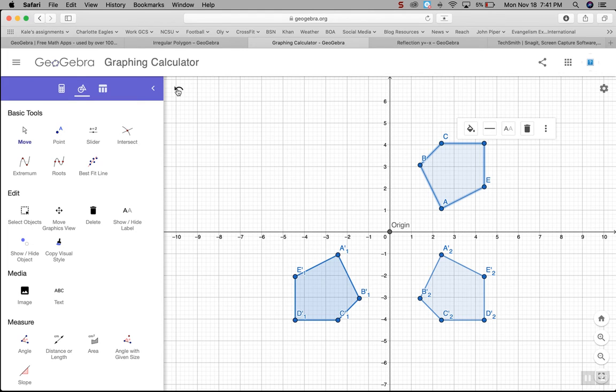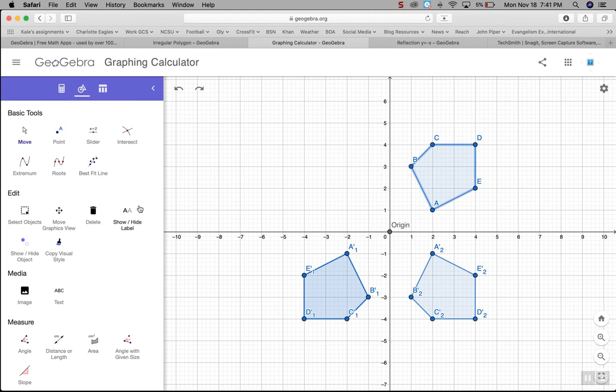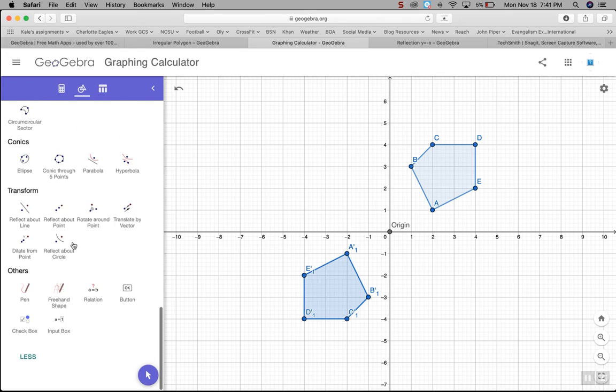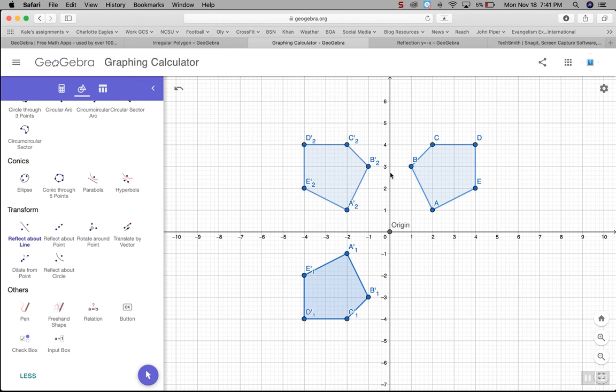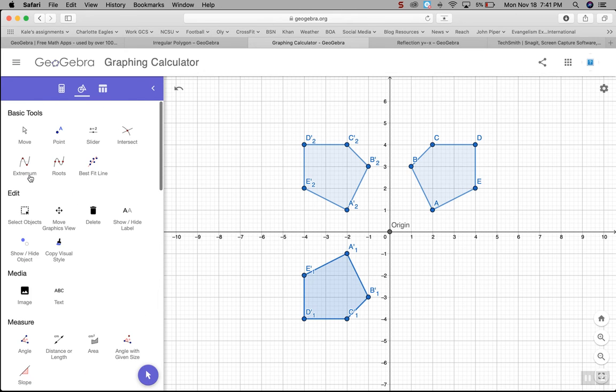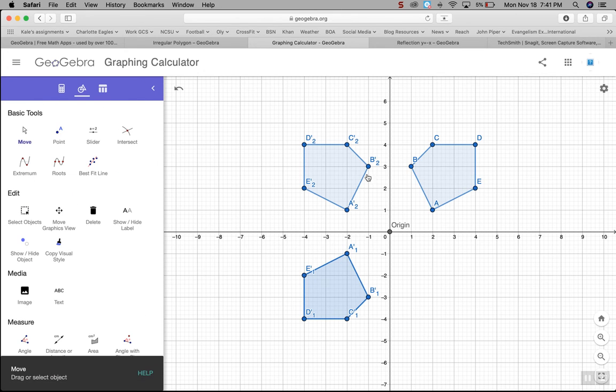I can go back, and we can actually also reflect that across the y-axis as well. Just going to delete this here. What does it look like if we reflect it across the y-axis? We select our point here, our pre-image, and then our y-axis, and we get our image here. Again, it is a mirrored image straight across from the y-axis,